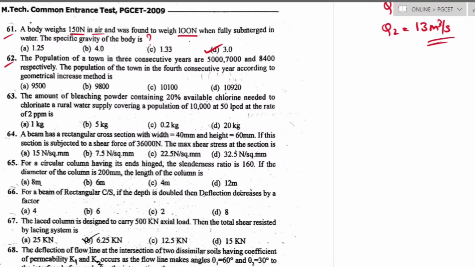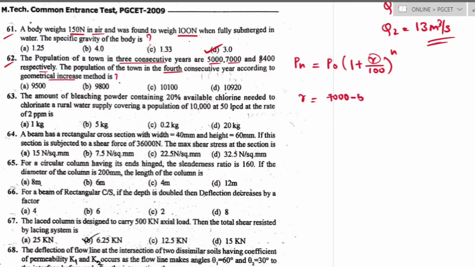Question number 62. The population of a town in 3 consecutive years are 5,000, 7,000 and 8,400 respectively. The population of the town in the 4th consecutive year according to the geometrical increase method is. So we have to find the 4th consecutive year population. As per the geometrical increase method, to find the population of the nth year, the formula is given by P0 into (1 plus R divided by 100) to the power of n, where R is the growth rate of the increasing population, that is